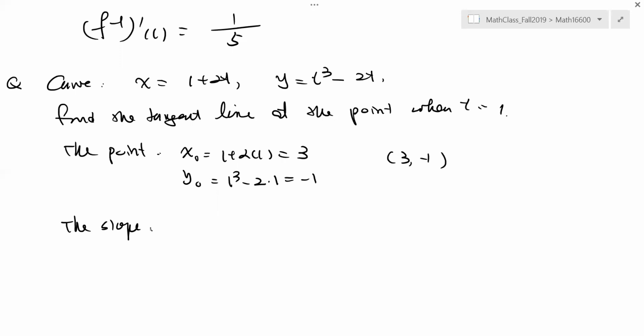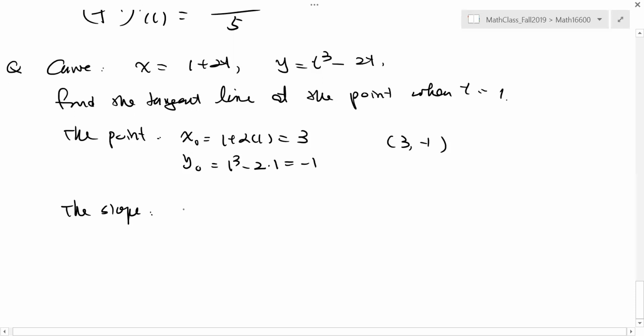Just like when you do some experiment in the lab, you have to write down, you have to report, step by step. So slope, and you write down the formula. The general formula will be dy over dx. If you are able to express y in terms of x, that is the slope, and the slope when x equals that point. But we're not able to do that. So what we do is,